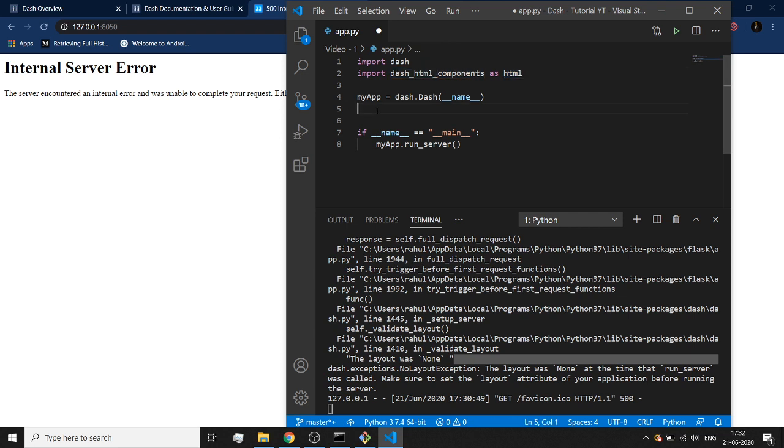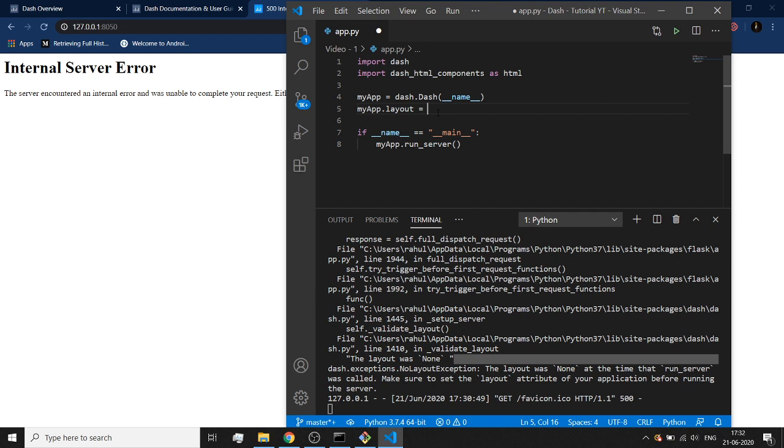The reason that I'm doing this is that I can do my app dot layout. With my app dot layout, I need to set the layout of my application. How can I set the layout of our application? That is why I asked you before whether you are familiar with the HTML language, because then you will feel a little more comfortable understanding the things I'm about to tell you. But still, if you are not familiar, you will be able to catch up as we move along the videos.